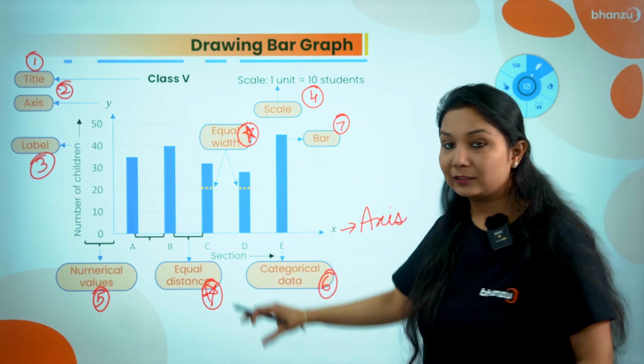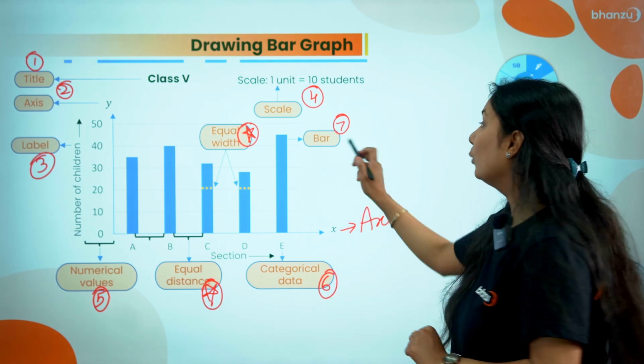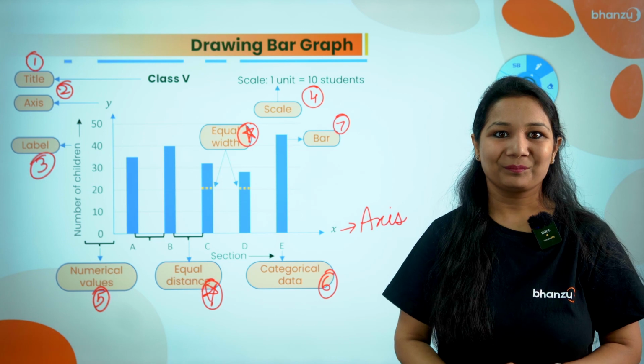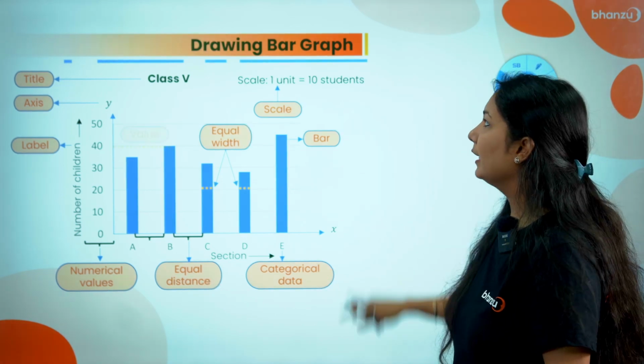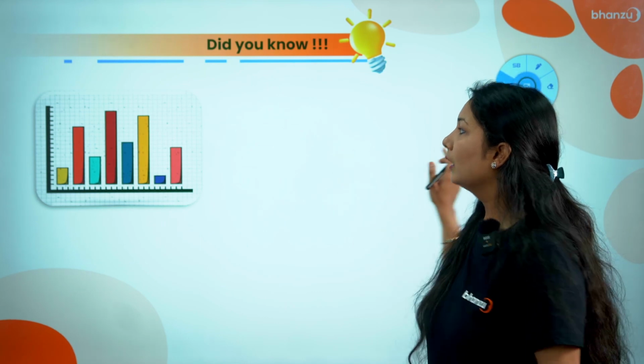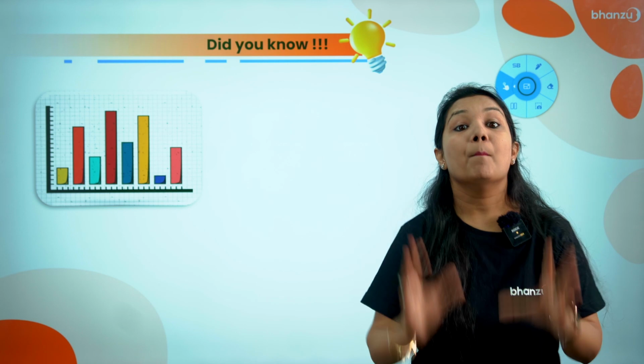So these are actually not the steps. These are the important points to be kept in mind while drawing the bars. Right? Great. So now let's move ahead and do one particular interesting thing, that is, how do you find mode from